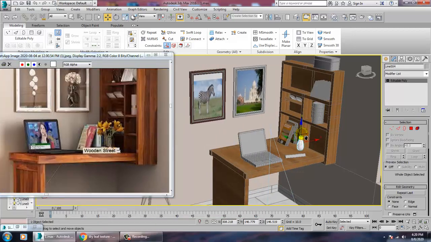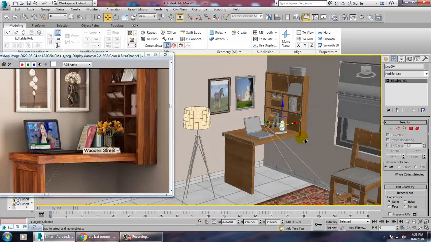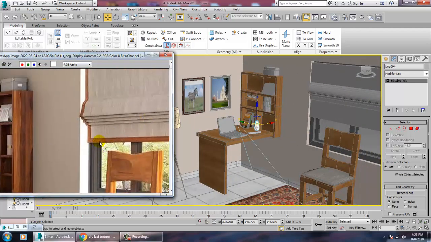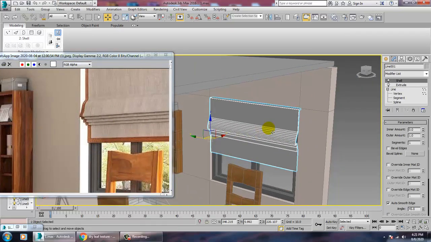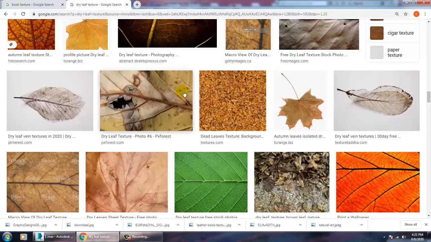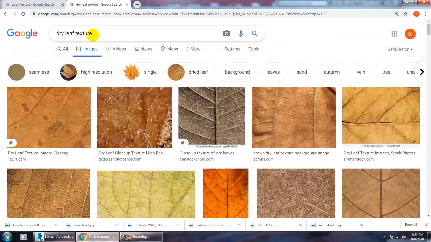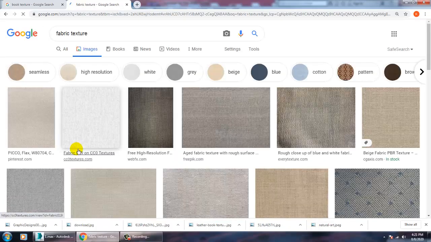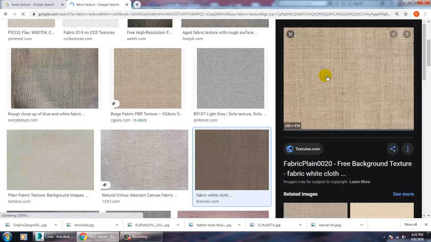Now after this is done, I can go into this, I can just select this part, and if you require some kind of a light fabric texture, you can go with some fabric texture. You can just assign such a fabric look on top of it.